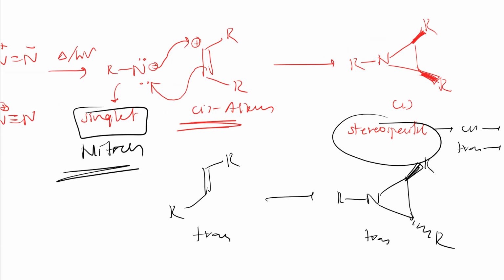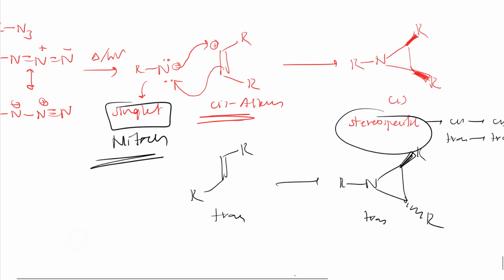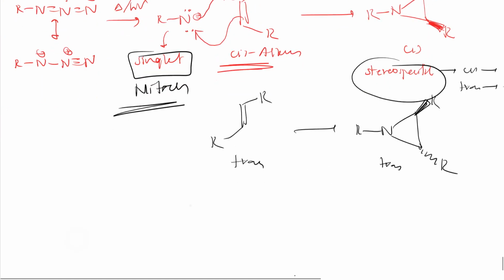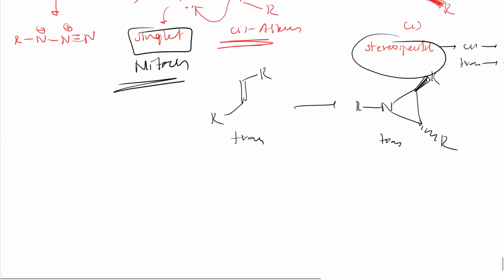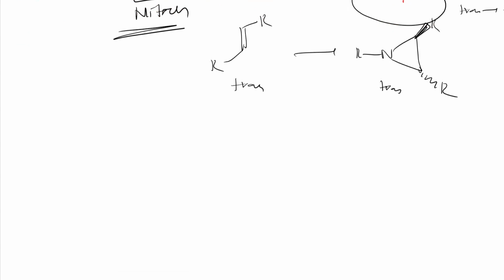If we use a triplet nitrene, then with cis if we react, we will get both products, cis and trans product. When I explain this intermediate nitrene, there you will understand, right? Now it's not necessary. Now we are concentrating on these aziridines. Let us concentrate on that, right? So this is how this thing will react. What is that? It is nitrene.